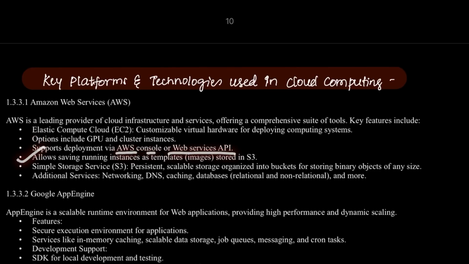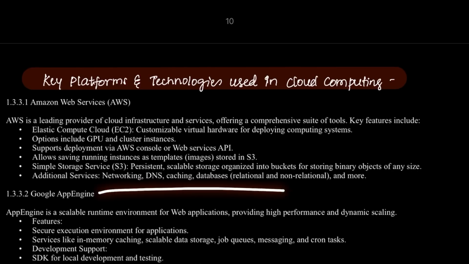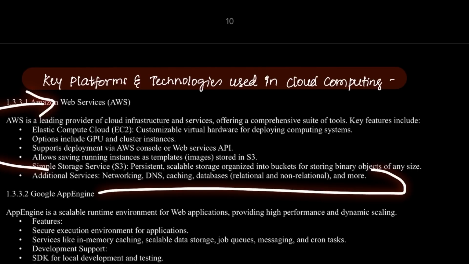It allows saving running instances as templates which are stored in S3, the Simple Storage Service. It has persistent scalable storage organized into buckets for storing binary data of any size. Then additional services like networking, domain name system, caching, database, relational or non-relational are all managed in the Amazon Web